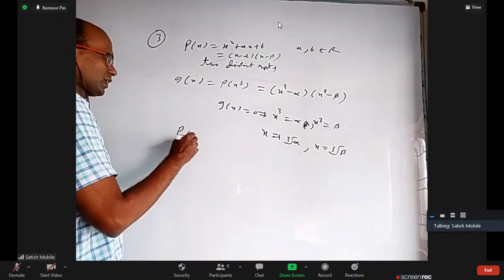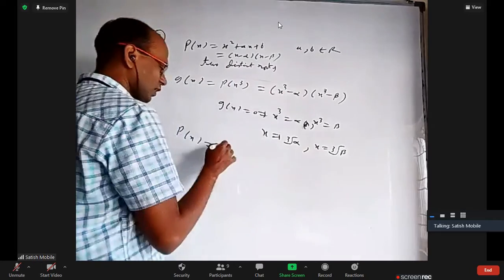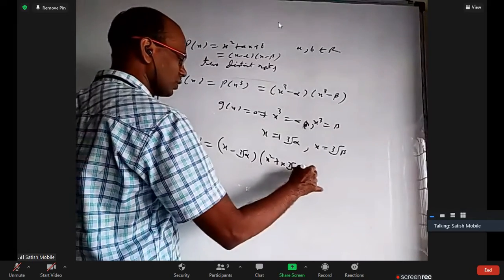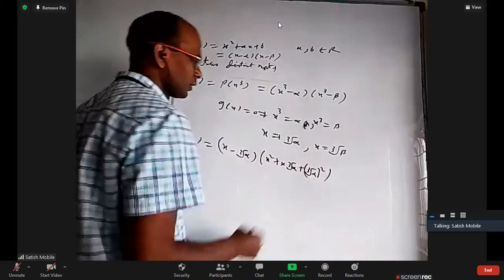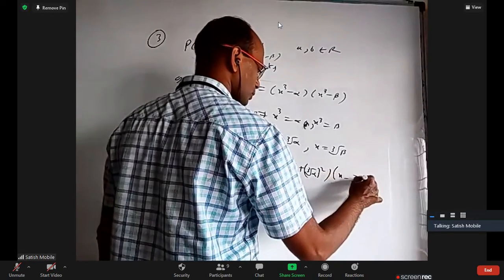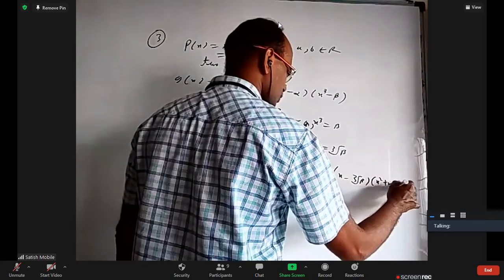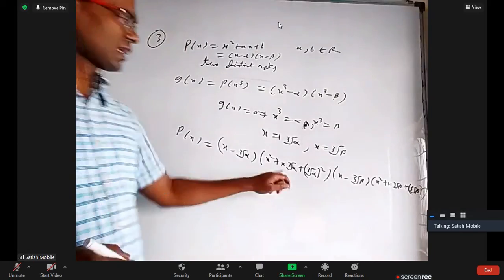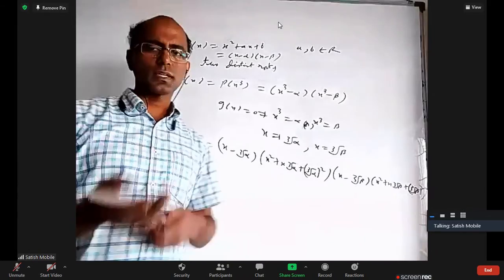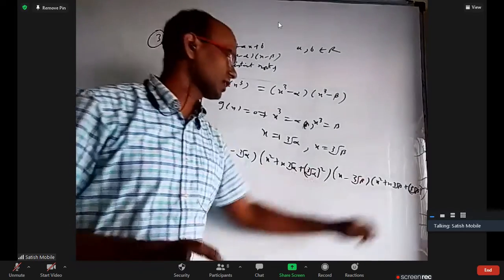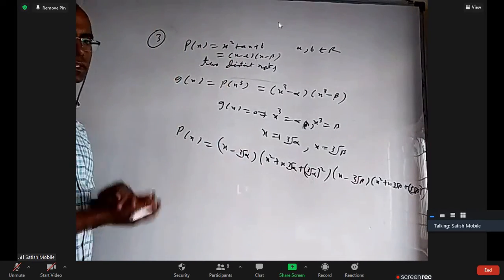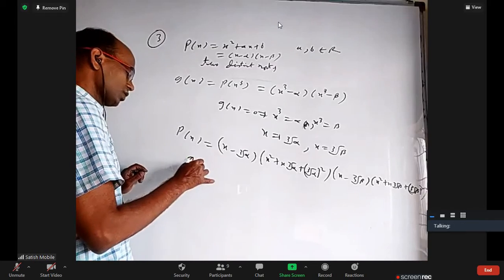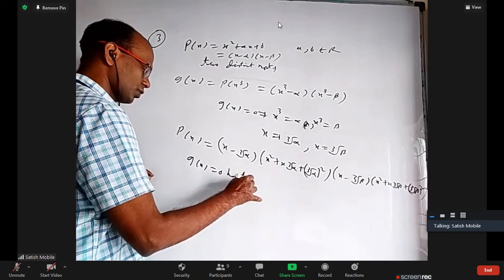Or if somebody wants to factorize it, x cube minus alpha can be written as (x minus cube root alpha) into (x square plus x into cube root alpha plus cube root alpha whole square). Similarly, you can write (x minus cube root beta) into (x square plus x into cube root beta plus cube root beta whole square). But the quadratic factors cannot have any real roots. If you try to find b square minus 4ac, it will come less than 0. So this and this don't have any roots. So it has exactly 2 distinct real roots because alpha and beta are distinct, and cube root alpha and cube root beta are also distinct. So g of x equal to 0 has 2 distinct roots only.